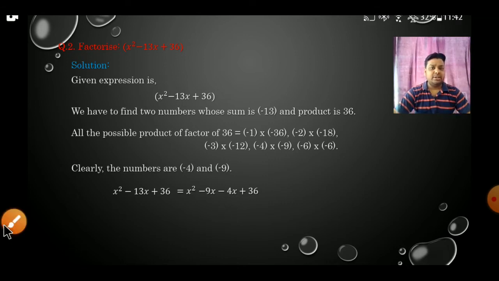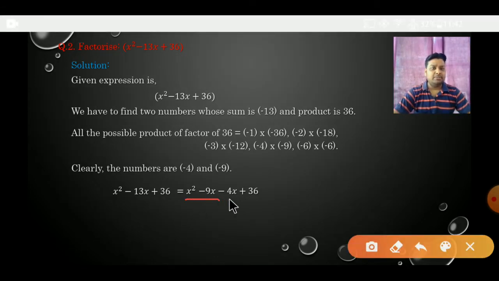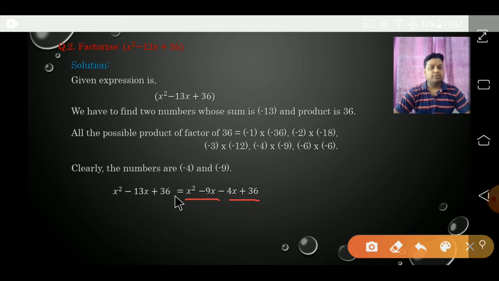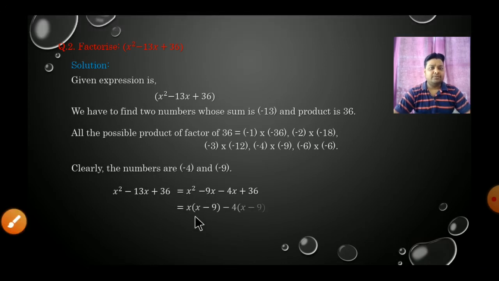Now here you can see that two terms are in a pair and again two terms are in a pair. So we have to find the common factor between these terms. It will be x, and here also minus 4 will be the common factor. So at first x, then x minus 9 will be left. Now if you take minus 4 outside, then the sign will also change. Minus 4x will be only x, because 4 has already been taken. Now plus becomes minus. Now divide 36 by 4, you will get 9.